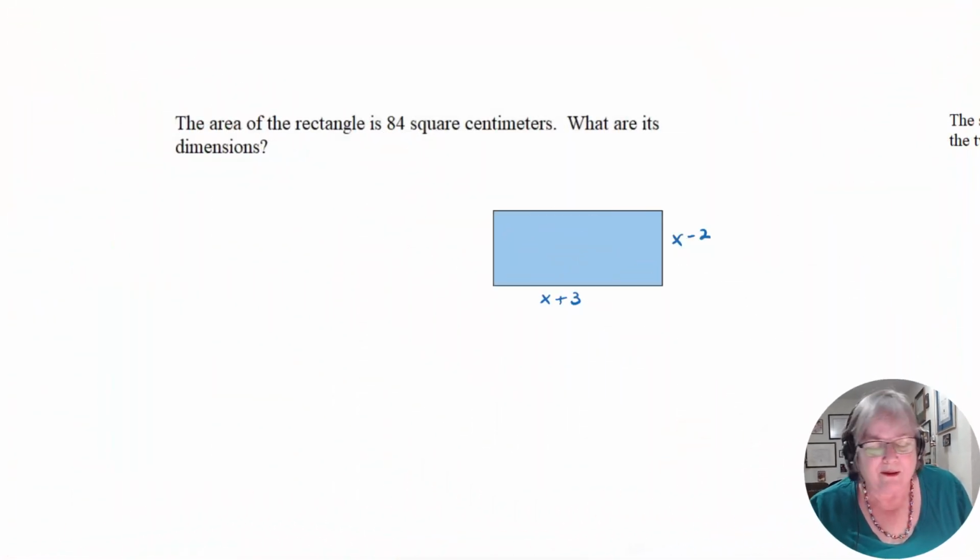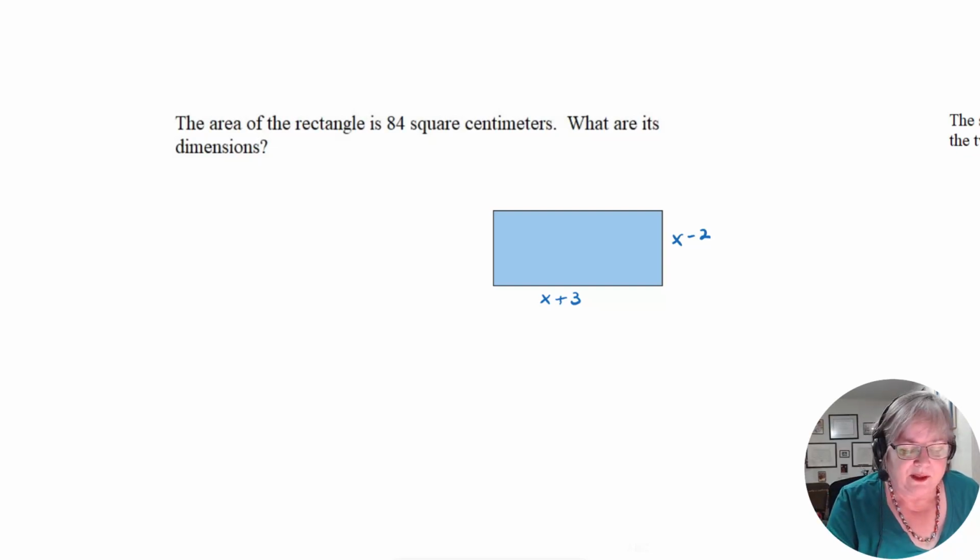So I read it over and thought, okay, this is a geometry problem. Look back at it and go, what kind of geometry are we talking about? We're talking about areas of rectangles. What do I know about areas of rectangles? Well, the area of a rectangle is the base times the height, or the length times the width, however you phrased it. So they've told me that the dimensions are x plus 3 times x minus 2, so I know that if I multiply those together,